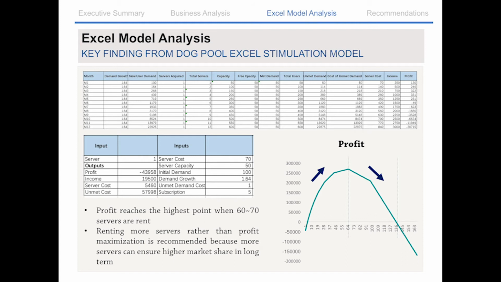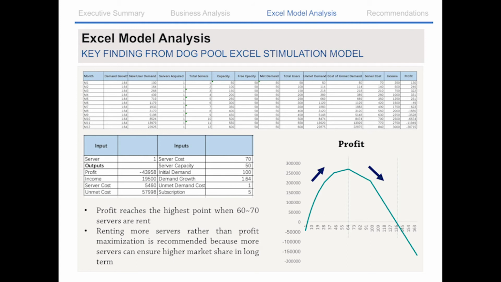As you can see, this curve can be separated into three parts. In terms of the number of servers, part A ranges from 0 to around 64, and in this range, the curve shows an upgoing tendency. The curve peaks at the point of around 64, indicating that the profit will be maximized when we run 64 servers to support our service.